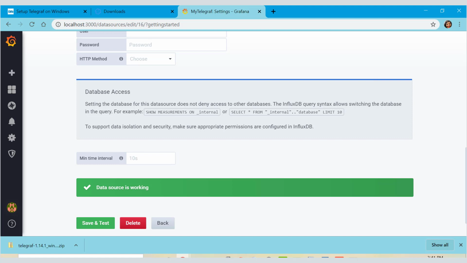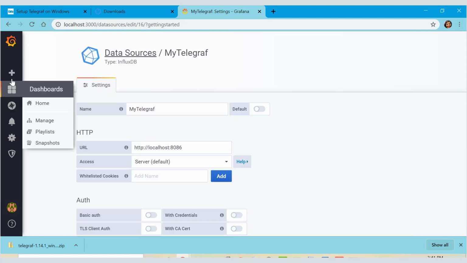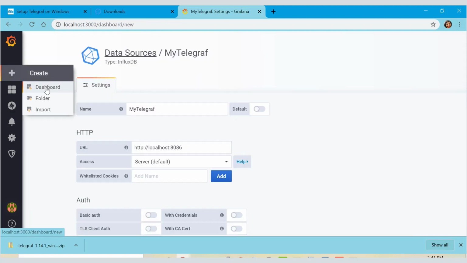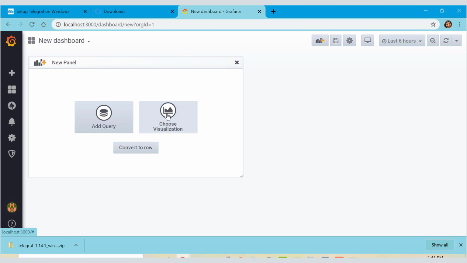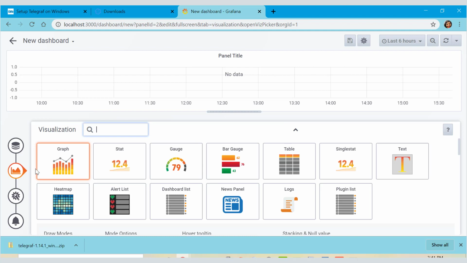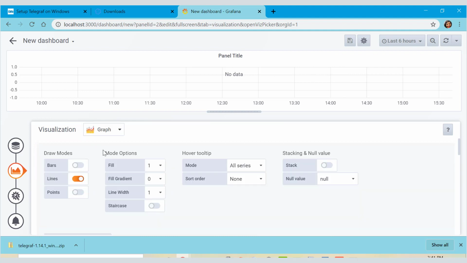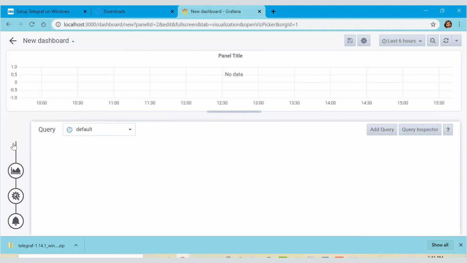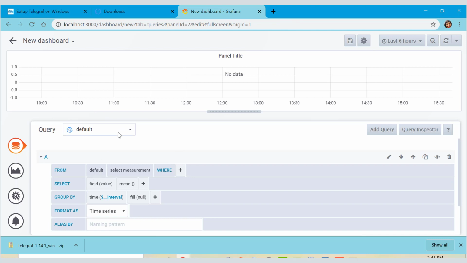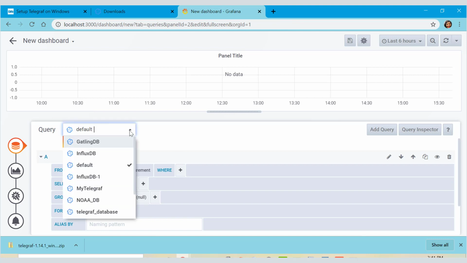Now let's go to create dashboard. I'll simply choose a visualization over here. I will choose a line graph. Then in queries, I have to choose the database over here.